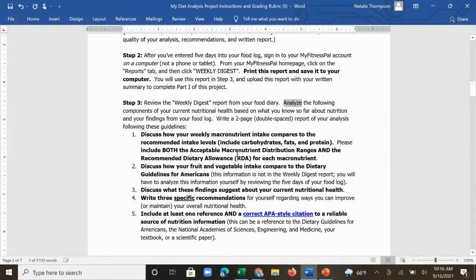So I ask you to compare how your macronutrient intake compares to the recommended. And I want you to refer to both the AMDR and the RDA for all 3 macronutrients. Discuss your fruit and veggie intake compared to the DGA recommendations. Make a couple statements about what this analysis suggests about your current nutritional health, and then write 3 recommendations for